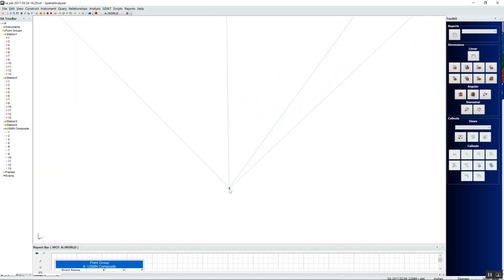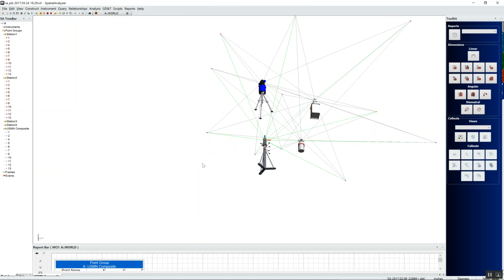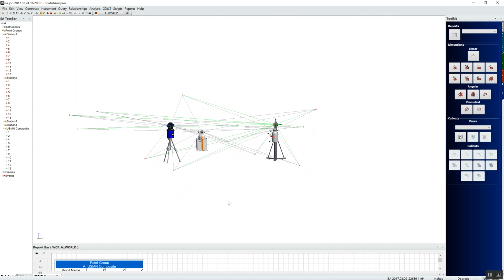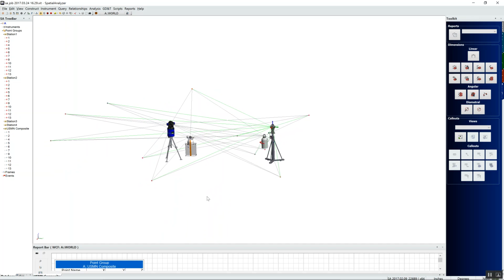So then you can use that composite point if you wanted to move all of these instruments at once. You can move that composite group to another nominal control group if you wanted to, and then move all the instruments with it. So that's USMN. Pretty simple way to align a bunch of different shots with instruments in different locations and come up with a really good solution for